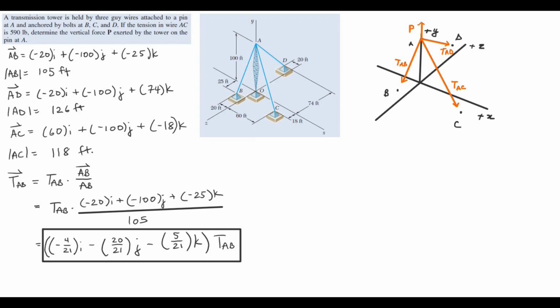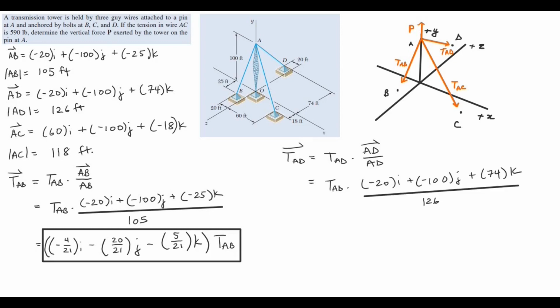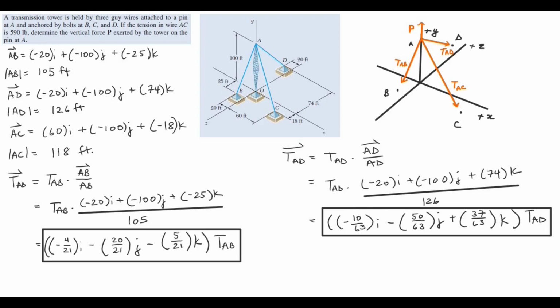And I'm just going to do the same thing for the other two tensions. So simplifying this expression we get minus 10 over 63i minus 50 over 63j plus 37 over 63k times tension AD. Finally, tension AC will give us